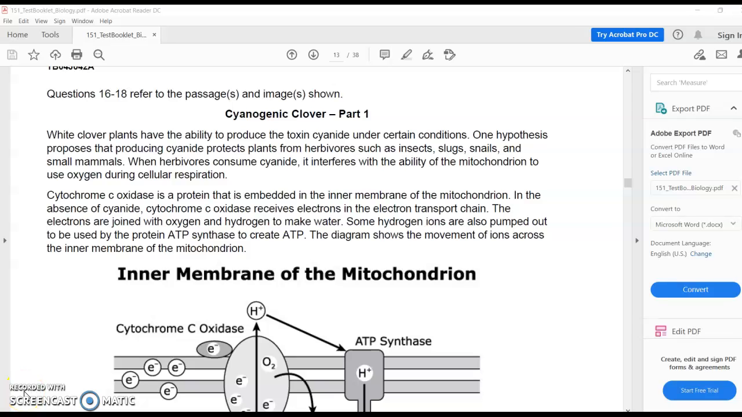Here is part 2 of the EOC practice test. I'm going to be going over numbers 16 through 30. So for numbers 16 through 18, you're given a passage, and you have part 1 for questions 16 through 18,